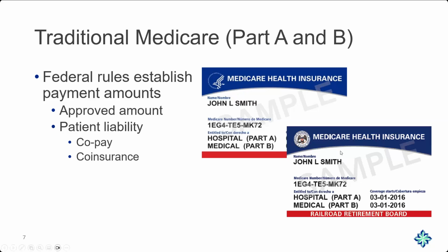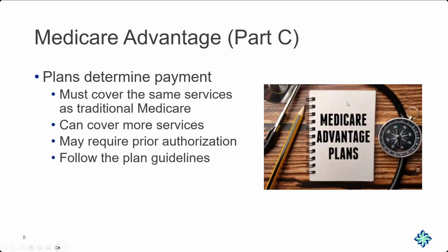The Part C plan is the next item I want to talk about because I got quite a few questions on this. So first of all, a Part C plan is a Medicare Advantage plan. They are not the same as original Medicare. Instead, they're a separate plan under a separate contract with the Center for Medicare and Medicaid Services. This means their reimbursement is unique to their plan. We at WPS are not a Part C plan. We do not administer one. We cannot talk about them.